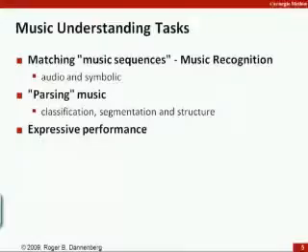And that's just part of expressive performance, which includes not only emotion but other kinds of musical issues. And so trying to get computers to deal with all of these aspects of music is my biggest interest and really the main goal of music understanding. So there are some tasks in music understanding.